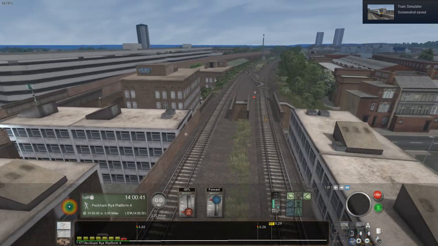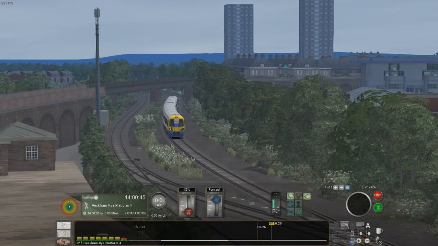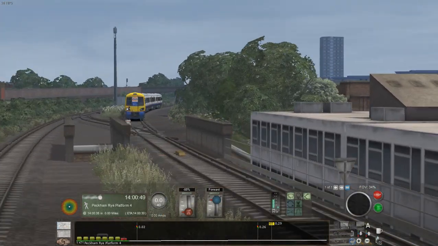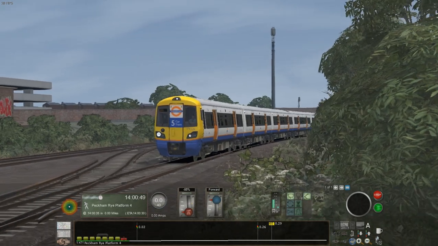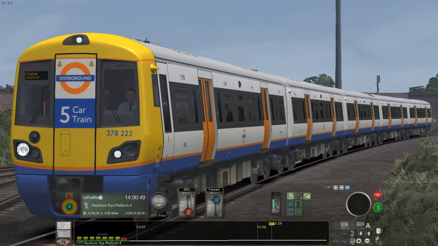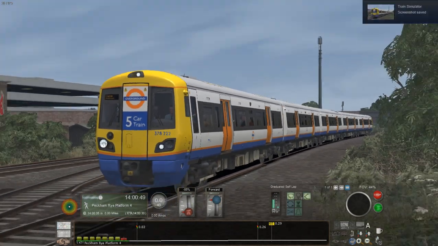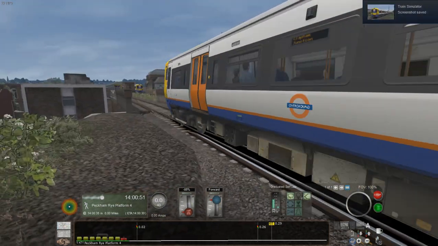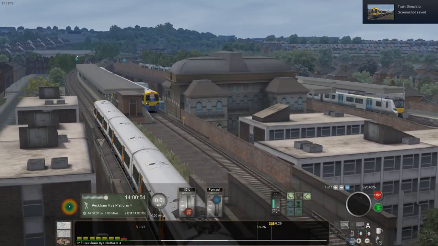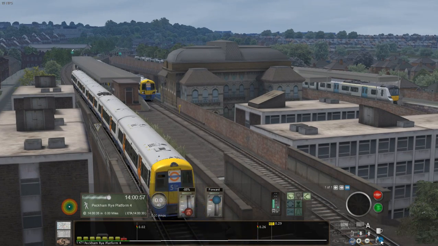And what's that noise? Oh, it's another 378, with another one with the strange 5-car label. I know that in real life the 378s did have these labels, but that was quite a few years ago now. Funny thing is, I remember the 378s when they first came along in 2009. That's strange. Why did the sound cut out then? No, but I remember when the